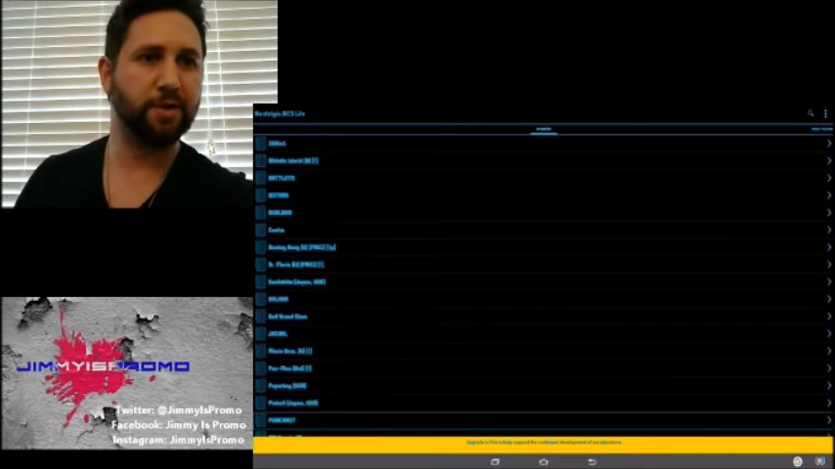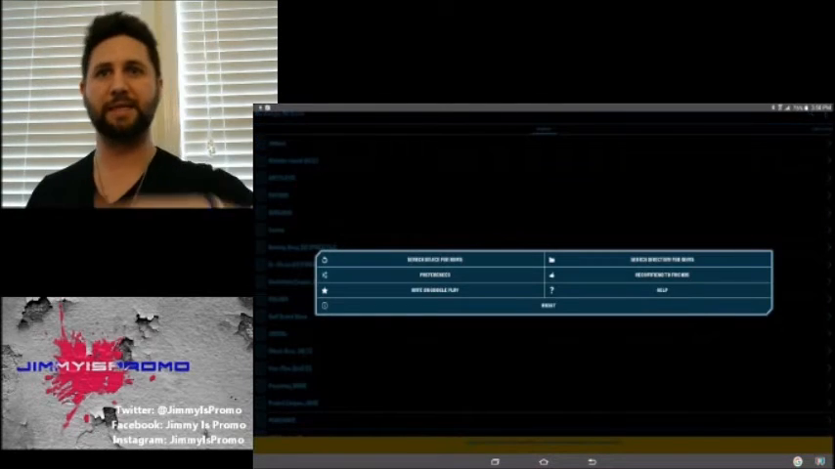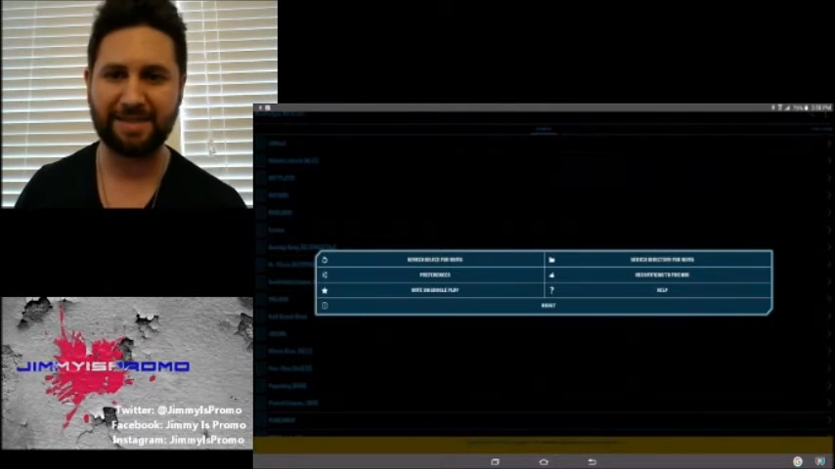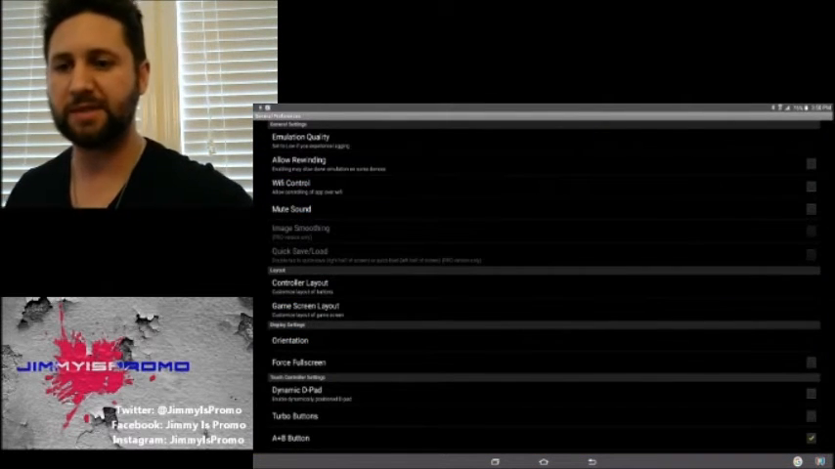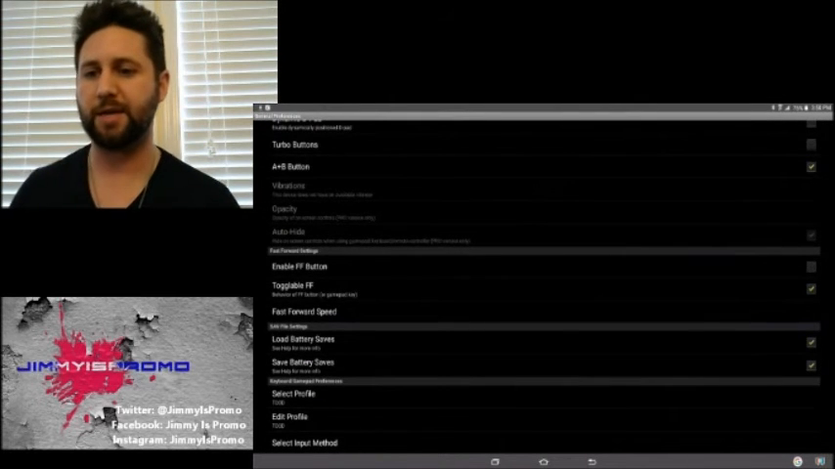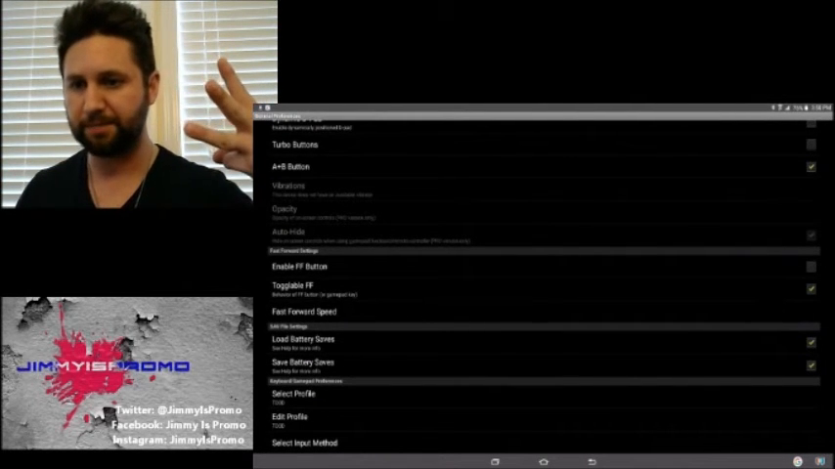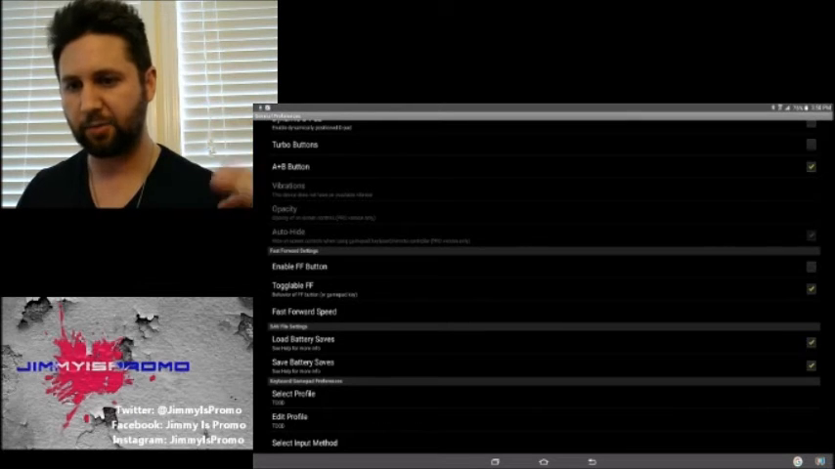So let's go into the settings for this. Again, you click on the very top right-hand side where those three dots are. This is where you go to Preferences. Inside of Preferences, go all the way down, and you're going to see those three options on the very bottom where it says select profile, edit profile, and then